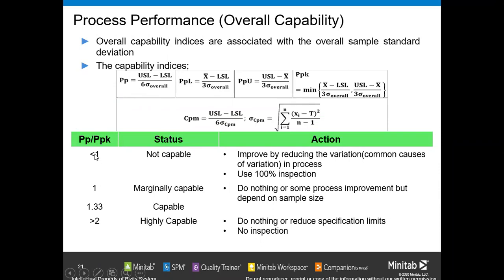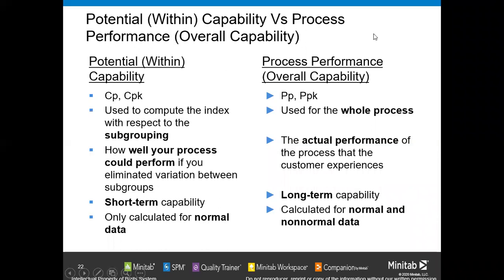Okay, the justification is also the same. Less than one is not capable, more than one is capable, more than two is highly capable. Okay, more than 1.33 is capable. So this one is the differences